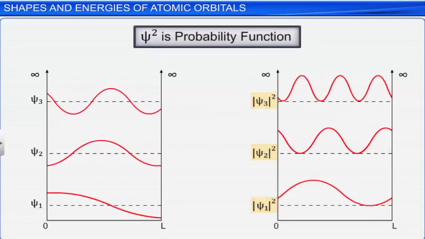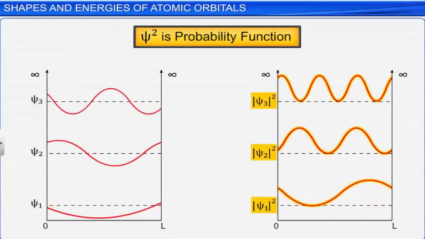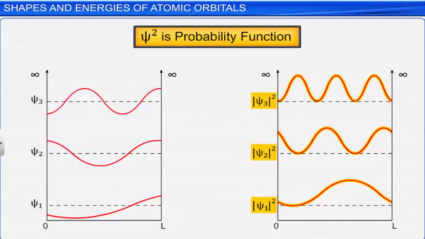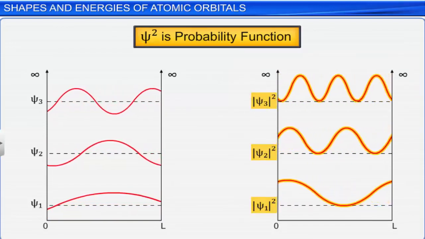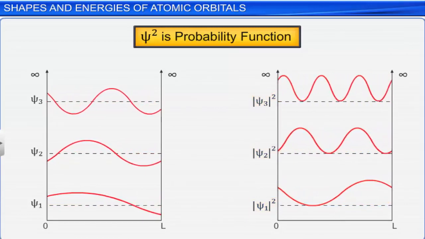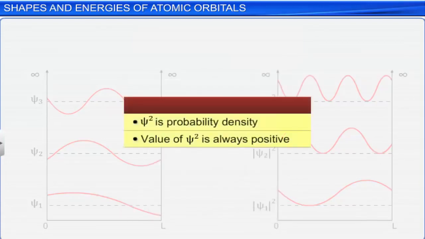Therefore, the square of the amplitude of the electron wave, that is, psi square, gives the probability of finding the electron at a point within an atom. This was predicted by the German physicist Max Born. That is why the function psi square is called probability density